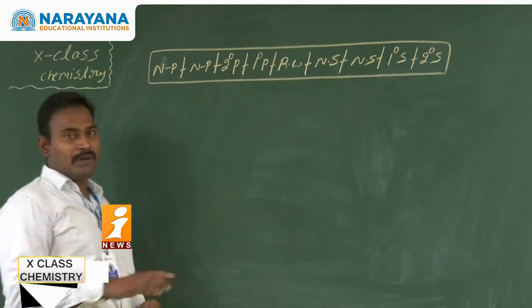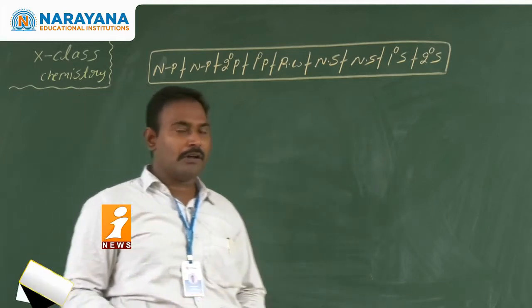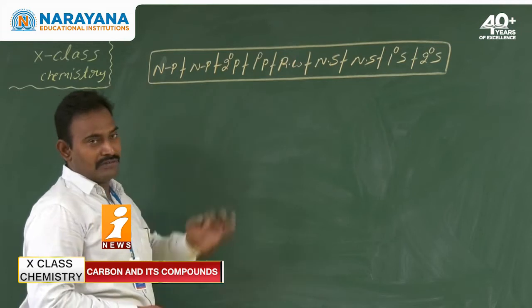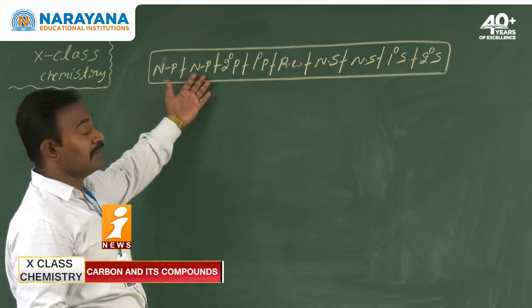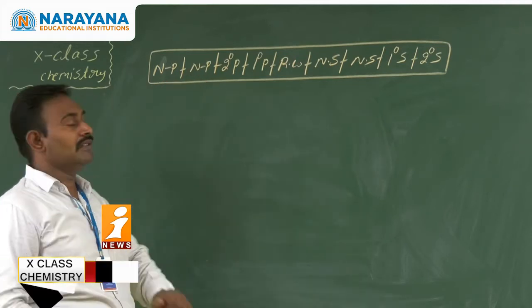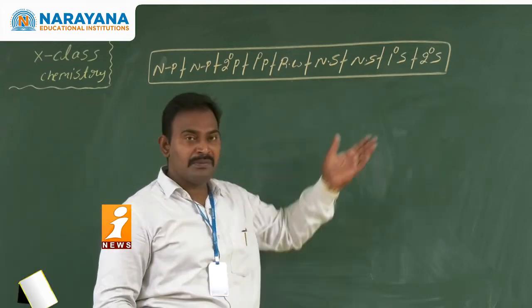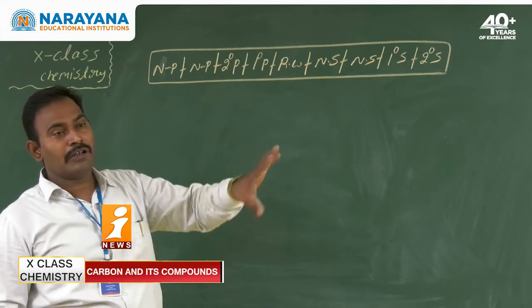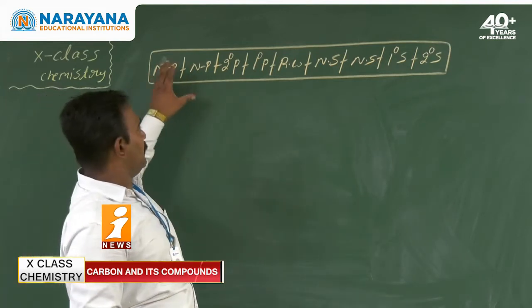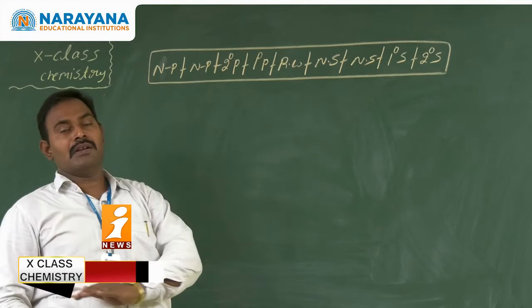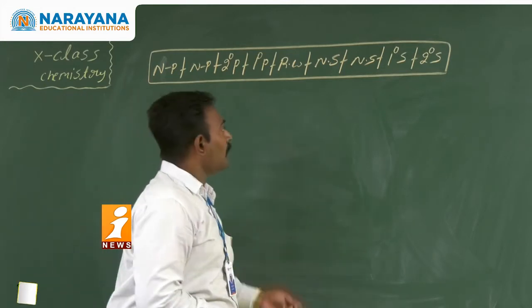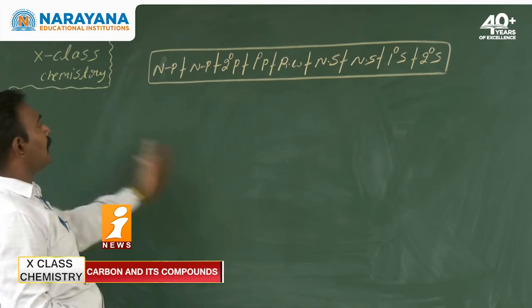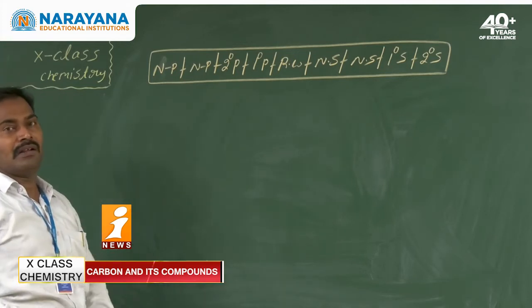So all the parts may be present in a particular compound or may not. In some cases prefix may be present or may not be present. In some cases functional group may be present or may not be present. So while writing the name of a particular compound, all these parts may come or may not come. So we will go according to this procedure. If all these parts are present, this is the order to write the name of the compound.